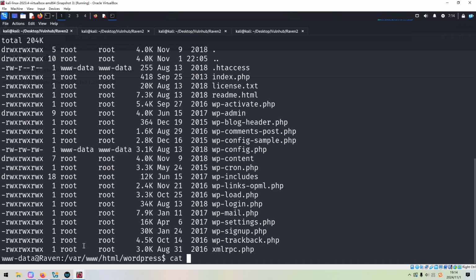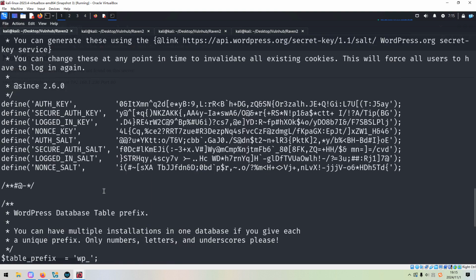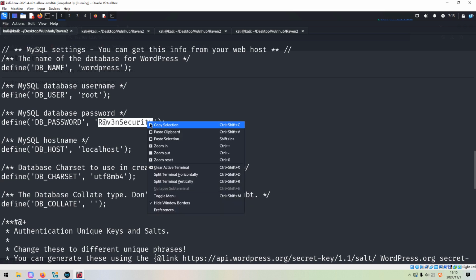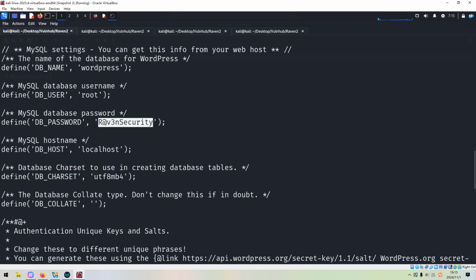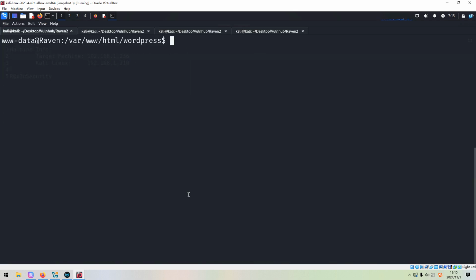And we can get out the configuration file, because this file contains the credentials for the database. Yeah, this one. So next we can connect to the database.